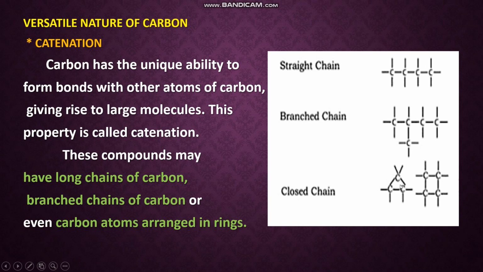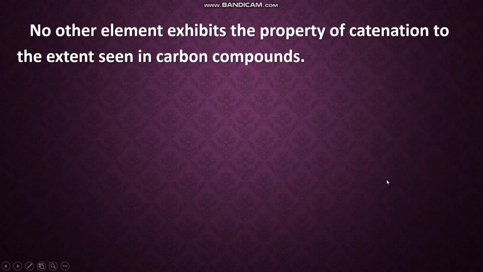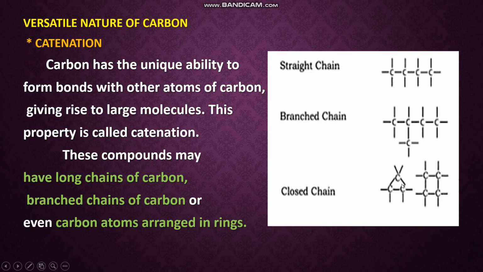Next you can see here a ring structure, that means there is a closed structure. Here you can see only 3 carbon atoms in the structure, here 4, it can be 5, 6, or 7, etc. So here you can see 3 carbons in a closed structure, it forms a triangular shape. If 4 carbons, it forms a rectangular or a square shape. If it is 5 carbons, it will have a pentagonal shape. And if it is 6 carbons, a hexagonal shape, etc.